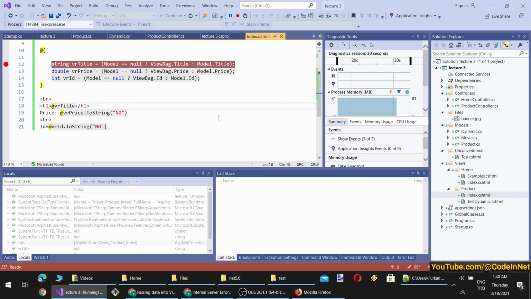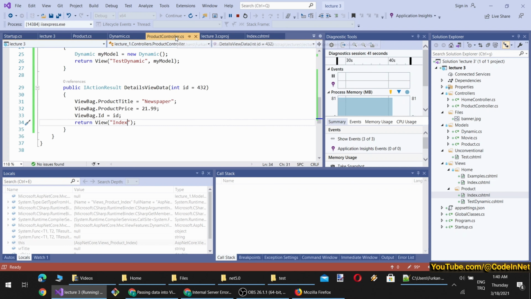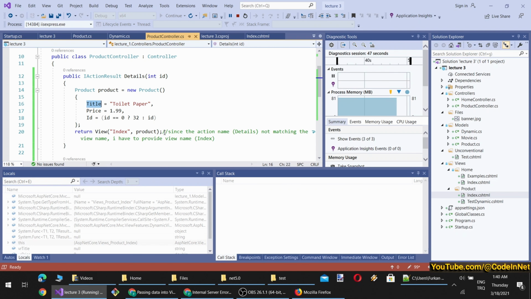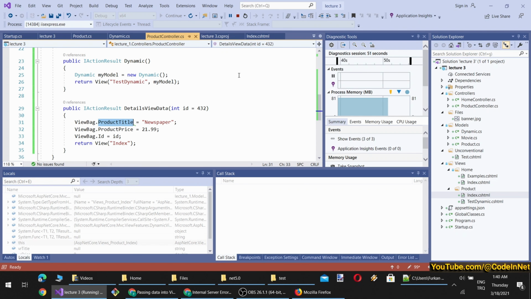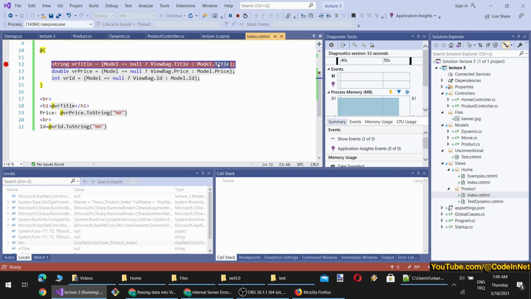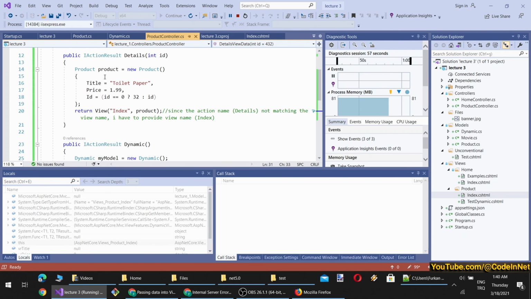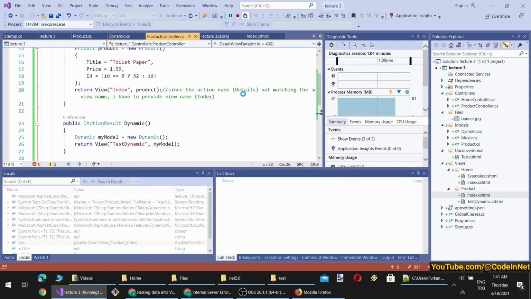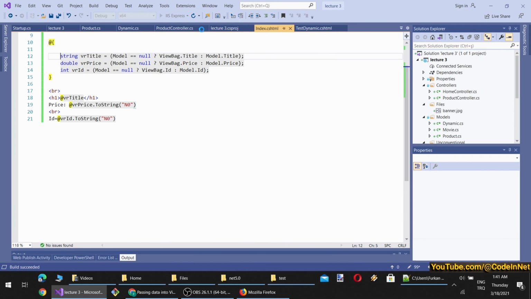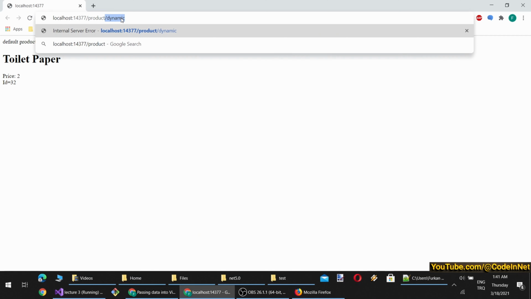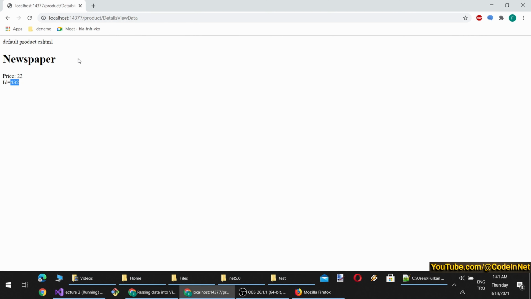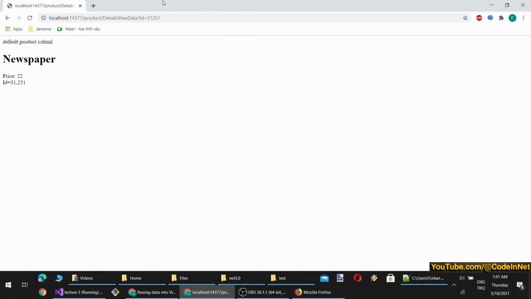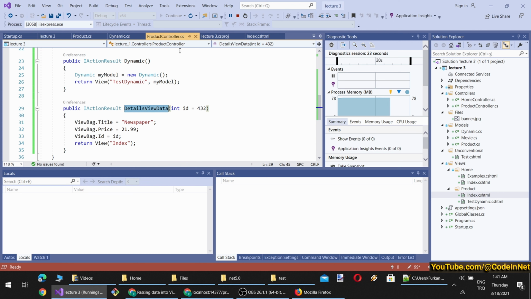Yeah, what is the problem? We didn't assign. Oh, we have used different names. Therefore, I have to use the same name. Or I could change the names here, but I think I will make them the same name: title, price, and ID. Yeah, now it should work. And we can remove this, we don't need it anymore. Okay, product. Yeah, it is working with the default ID, and then I can provide an ID like this, and it is working as well. Okay, nice.